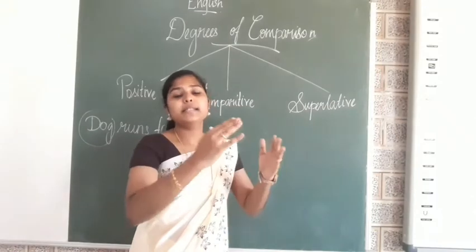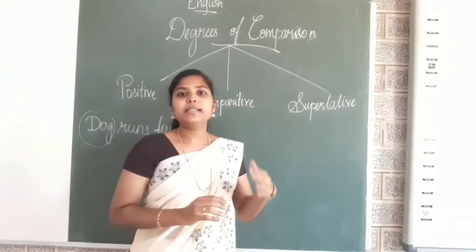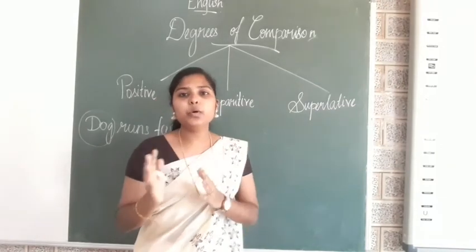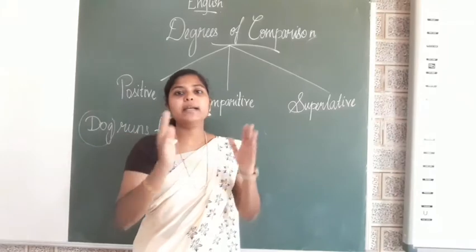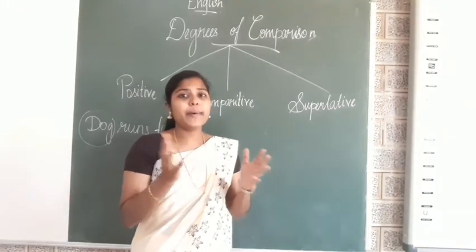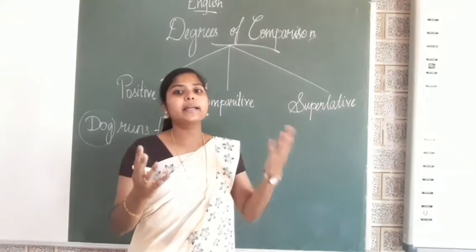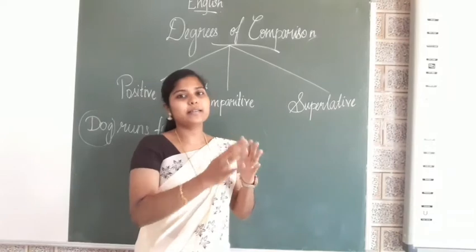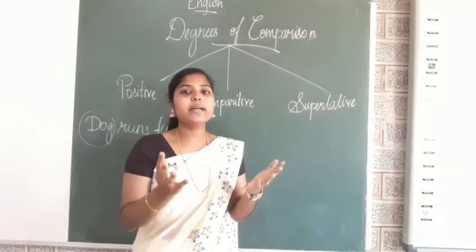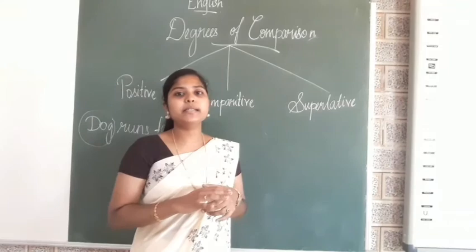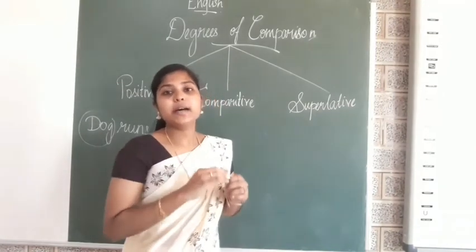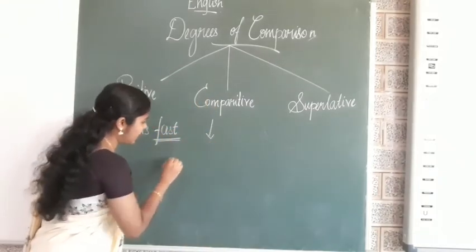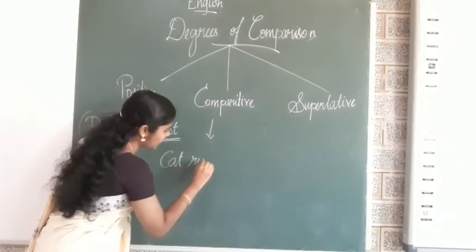Cat runs fast. So, now we are going to compare two nouns, dog and cat. When comparing these two animals, dog and cat, we come to a conclusion that cat is running fast. So how can we compare these two animals? Cat runs faster than dog. So for comparative, cat runs